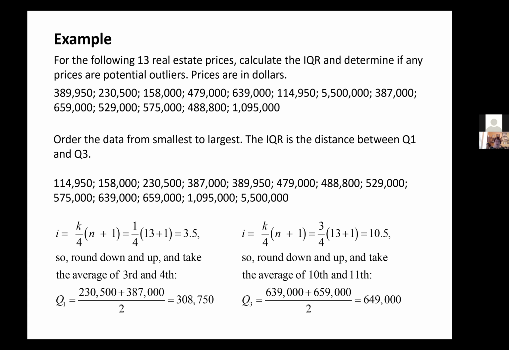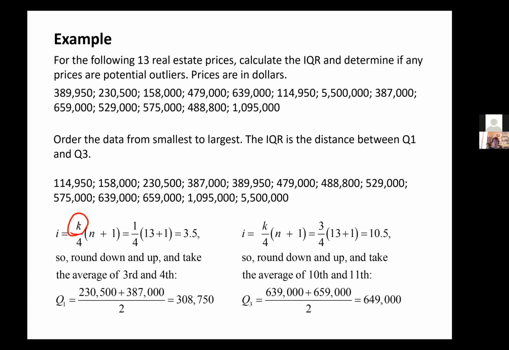So let's calculate the first quartile and the third quartile. So again, K is the quartile that you're interested in. So if I'm going to calculate the first quartile, I want K to be 1. The formula, we're going to use 1 over 4. We multiply that by the number of data values that we have, which is 13 plus 1. So we get